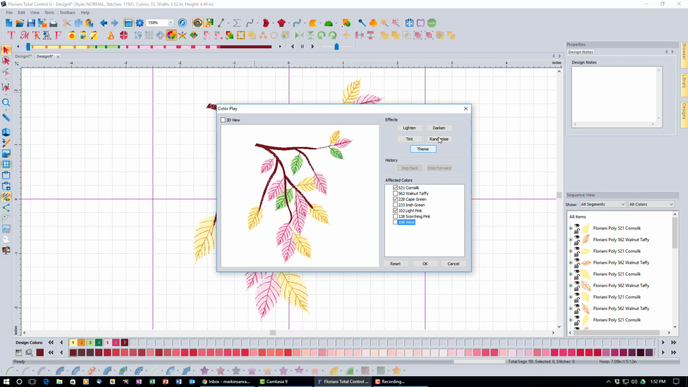So watch what happens when I randomize. I'm only randomizing the colors of the leaves, but not the veins. Okay, and I will reset it. When I do that, I reset my selection here. So I'm going to uncheck those one more time, because what I want to do is show you now the